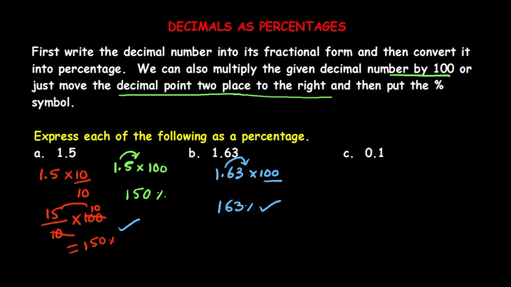So the next one is 0.1 they gave. This 0.1 into 100. Right? So actually this decimal point should move to the 2 places, but here we have only one digit. For the other digit you can take one more 0, so then you will get 10% is the answer. So this is one model. Actually, this is the second model.